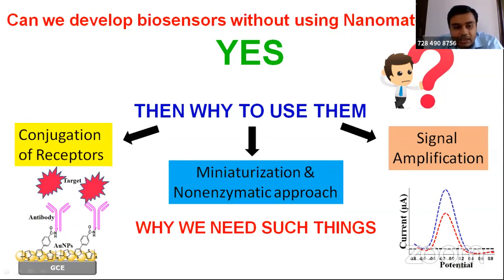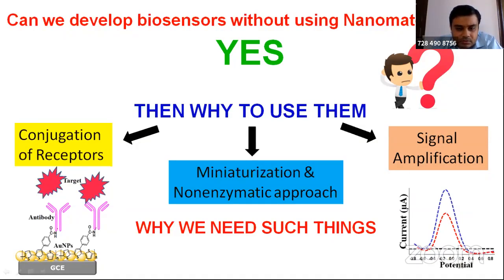And another is signal amplification. This is very important, because signal amplification is directly linked with the concentration. For example, if you have a molecule at 1 millimole and you are getting a signal, it could be an electrical signal or optical signal or a piezoelectric signal or any kind of signal. But you have done some nano engineering, and at the same concentration the signal has been improvised somehow. That is the concept of signal amplification.